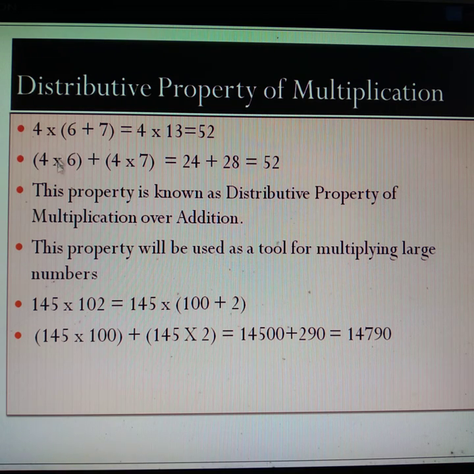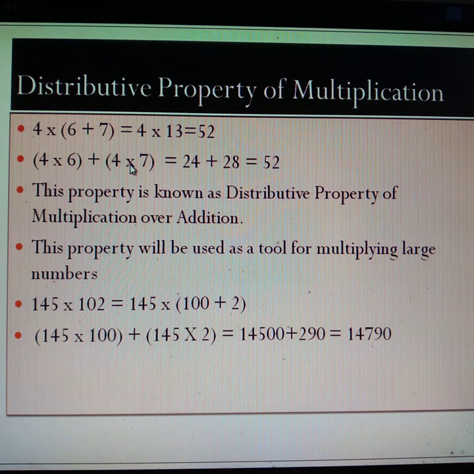See here by examples. Now, 4 into, in bracket, 6 plus 7. So, at first we have to solve bracket. So, 4 is written as it is, multiplication sign is here, and in bracket 6 plus 7. If we add 6 plus 7, it is 13. So, 4 multiplied by 13. Now 4 multiplied by 13 is equal to 52.